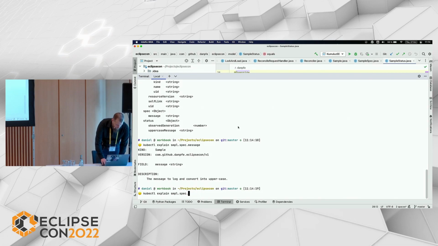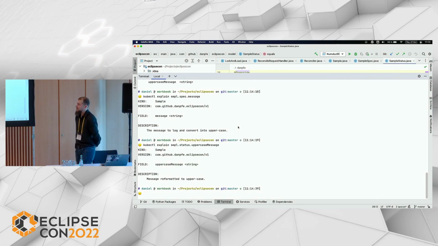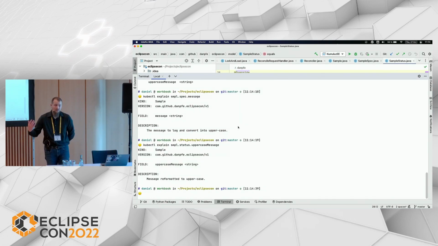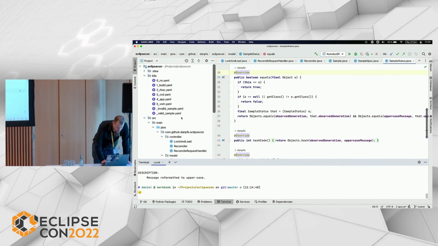And we can add additional information to whatever field we actually define in the OpenAPI schema. So uppercase message will simply tell us, well, it's the same message, but it's reformatted into uppercase. So I prepared something here. We have two samples.